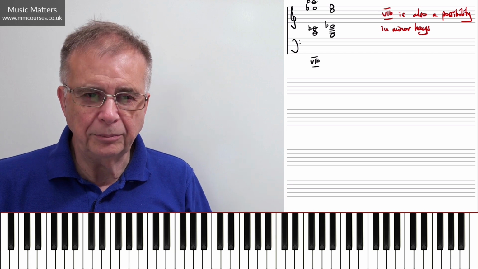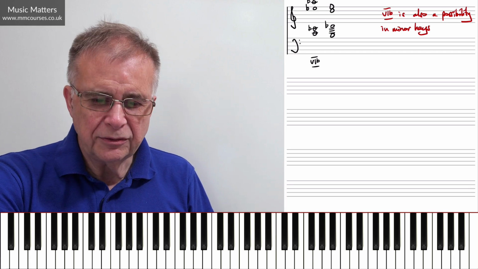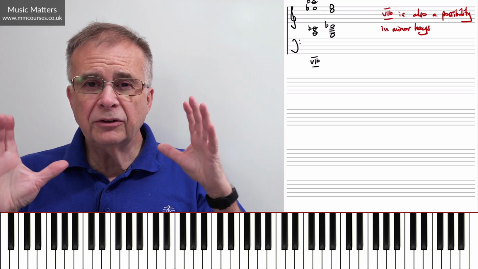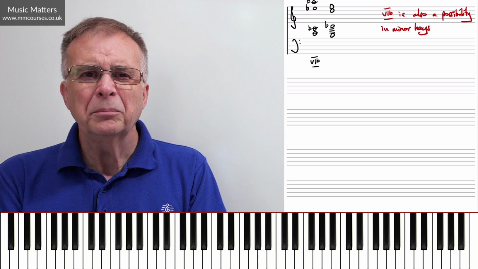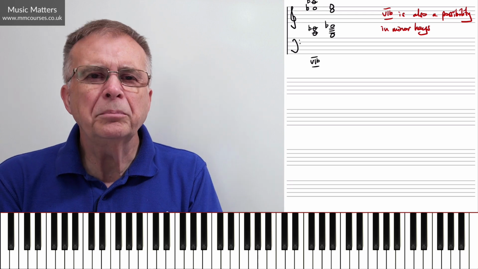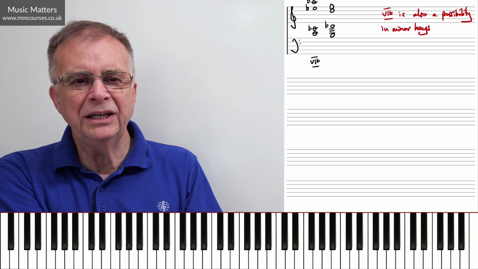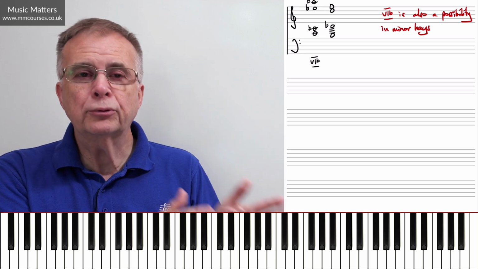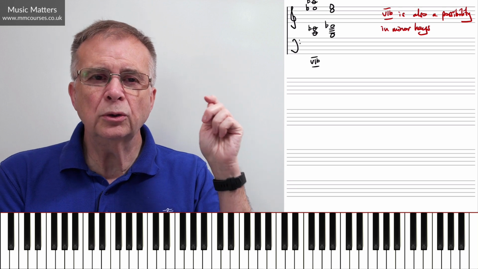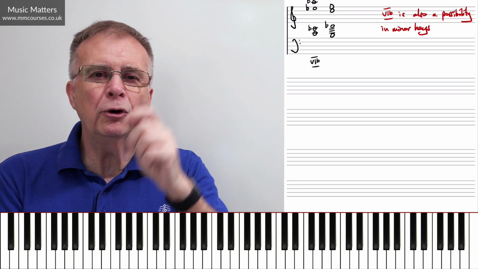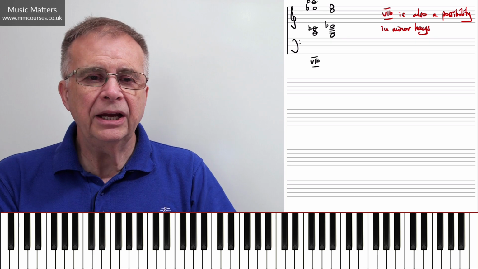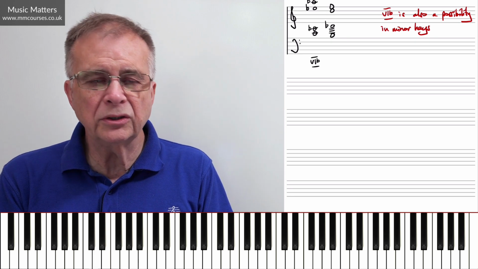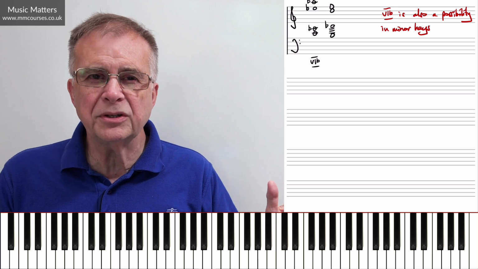So I hope that's useful because we've had people get in touch with us to say, oh great, I've got the diminished seventh chord now, but I never kind of know what to write before it. So what I've tried to explain in this video is, well, what are the most common approach chords? In other words, what's the chord that's going to work best before my diminished seventh? And by experimenting and by composing in different styles and contexts, you'll come up with all sorts of other possibilities.